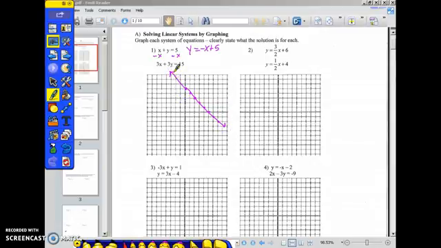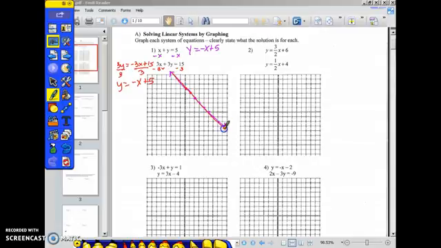And for my second, I've got to subtract 3x from both sides. 3y equals negative 3x plus 15. Divide by 3. Negative 3 divided by 3 is negative 1, so that's going to be negative x. 15 divided by 3 is 5. So when I graph that, I start at 5 on my y-axis, go down 1 to the right 1, and